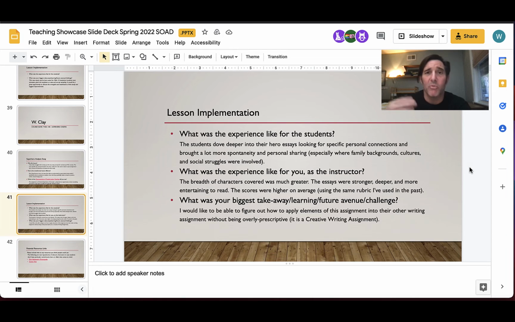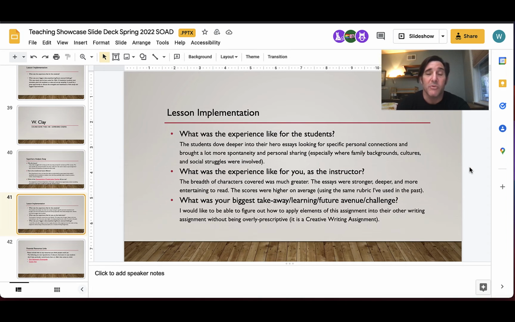They shared a lot more personal things, like if there was a family of origin connection with the character, they definitely went into that. Also cultural connections, social struggles, things like that. It was really nice to see them go far afield and come up with characters that they not only liked, but that also had lives that resonated with them.